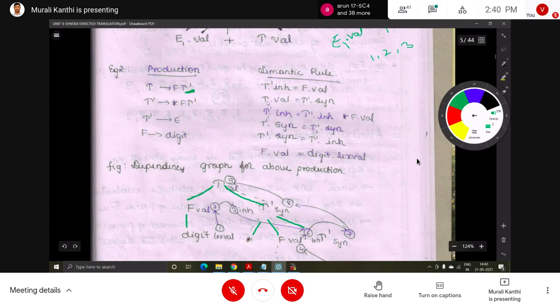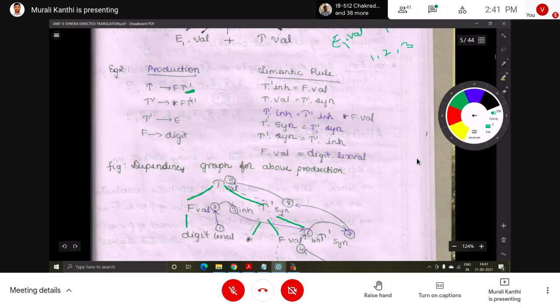And next, in this case, the T' operation. T'.inh, that means the inherited attribute, is equal to T'.inh times F.val.